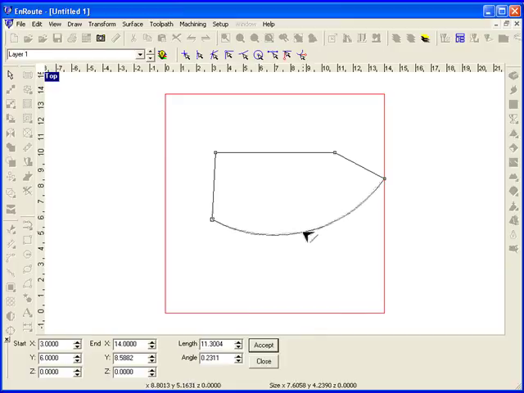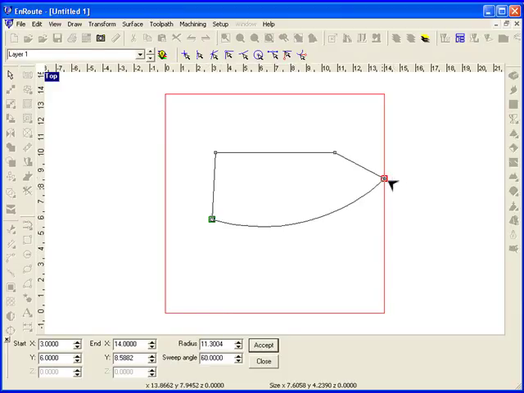If the segment is converted to an arc just by dragging on it, then you see that the parameters change. So now I've got the radius, so I can go to a specific radius and convert the segment that way. I can go to a sweep angle, which then, for a given sweep angle, changes the radius in order to fit